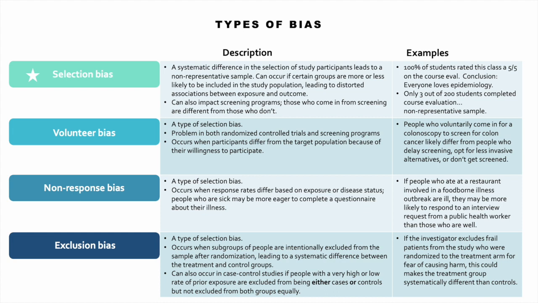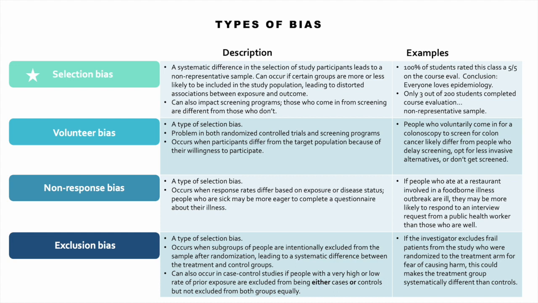I used the white star on this slide to indicate that selection bias is one of the main categories of bias. Volunteer bias, non-response bias, and exclusion bias are all types of selection bias. Selection bias occurs when there's a systematic difference between the people who are selected for a study and the people who were not selected for the study. Those differences in who gets selected lead to a non-representative sample, which in turn leads to distorted associations between the